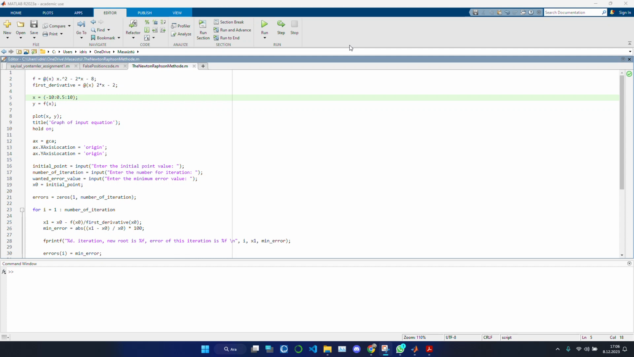In this numerical analysis assignment, we implement the Newton-Raphson method to find the roots of a given equation. The chosen equation for demonstration is f(x) = x squared minus 2x minus 8. And the first derivative of this equation is 2x minus 2. I took the derivative of the above equation, and then I